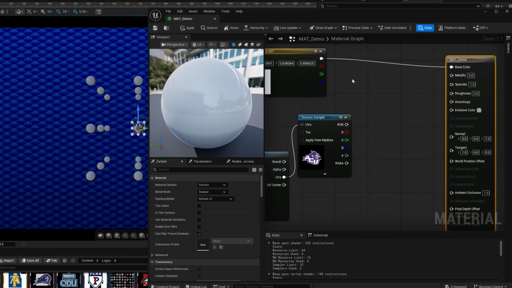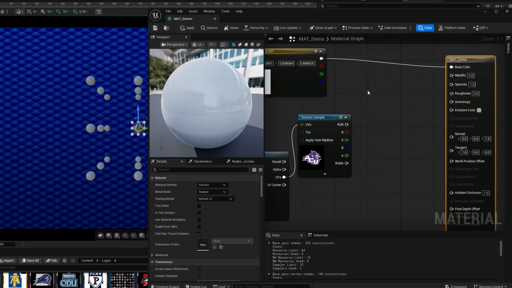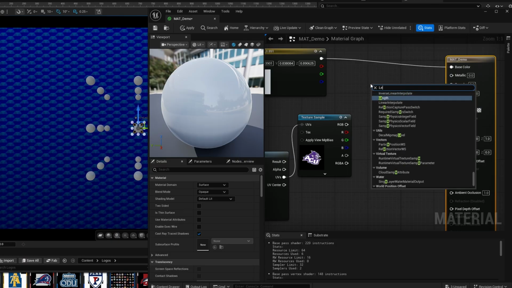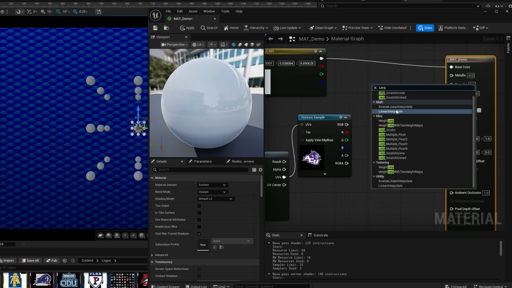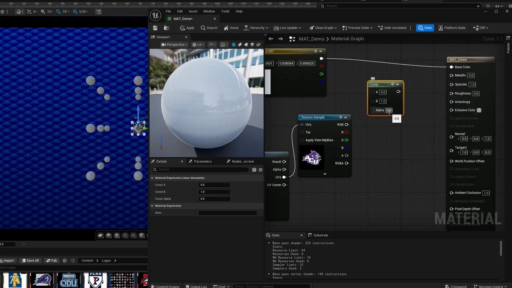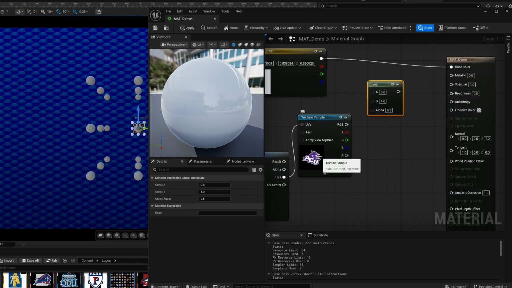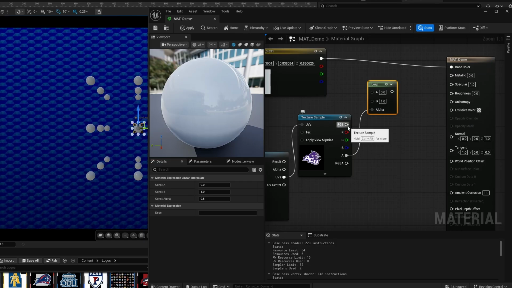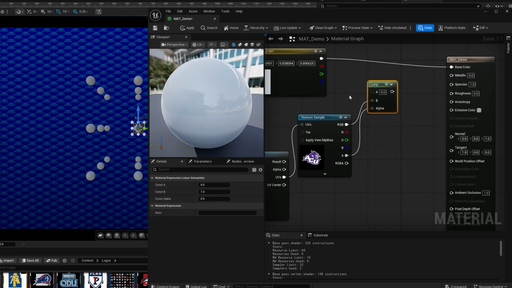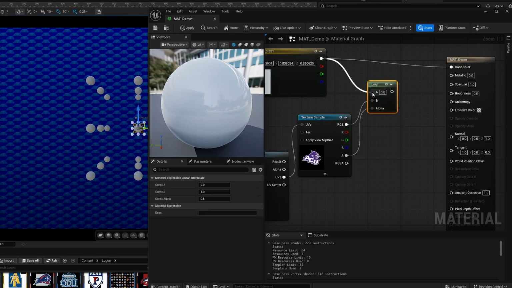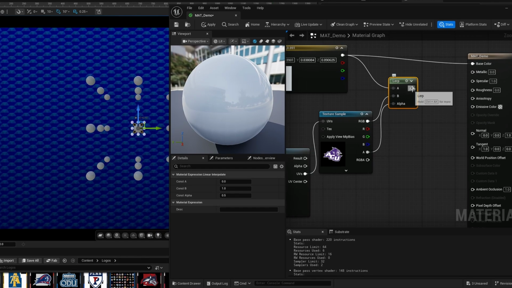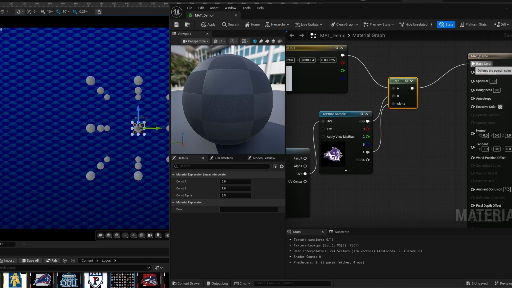What I'll do is use a linear interpolation, which is basically our alpha channel over. So right click, LERP, the abbreviation for linear interpolation. Clicking on this, we're going to use the alpha channel of our texture as the alpha for the LERP. We're going to use the RGB of the texture as our B input, and we'll use white as our A input. Finally, I can go ahead and drag from this pin out of the LERP into the base color, and